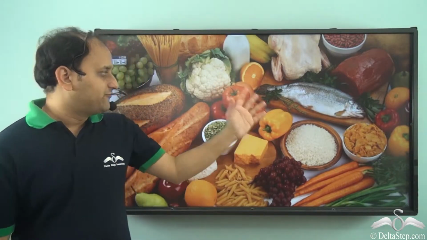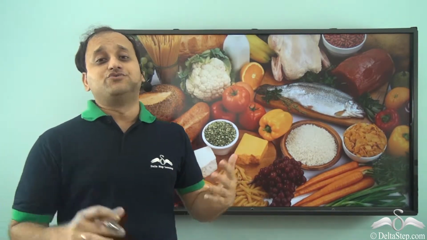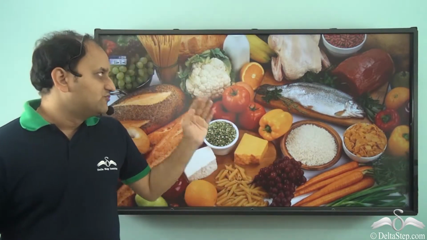We eat a variety of food. And why do we eat a variety of food? Because our body requires a number of nutrients which are found in different food items. Now, we get most of our nutrients from plants, isn't it? But where do plants get their nutrition from? And what are the major nutrients which plants need?